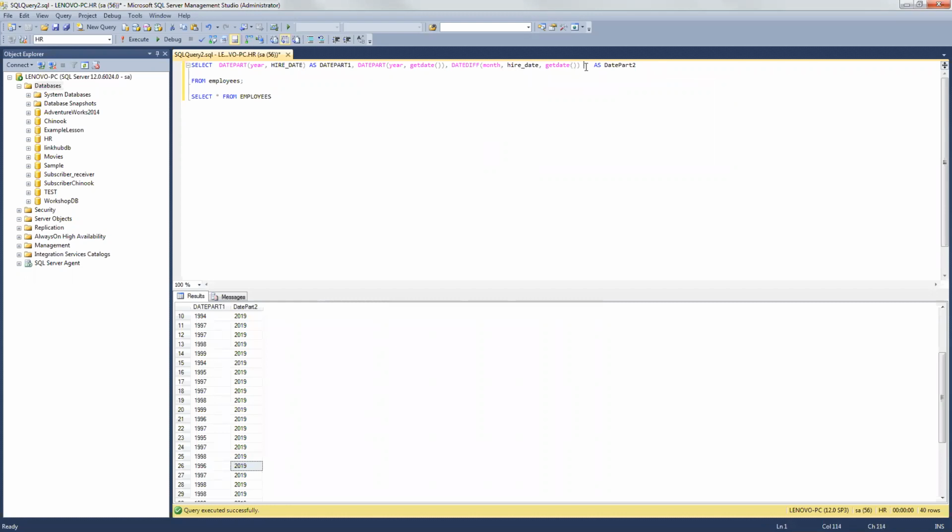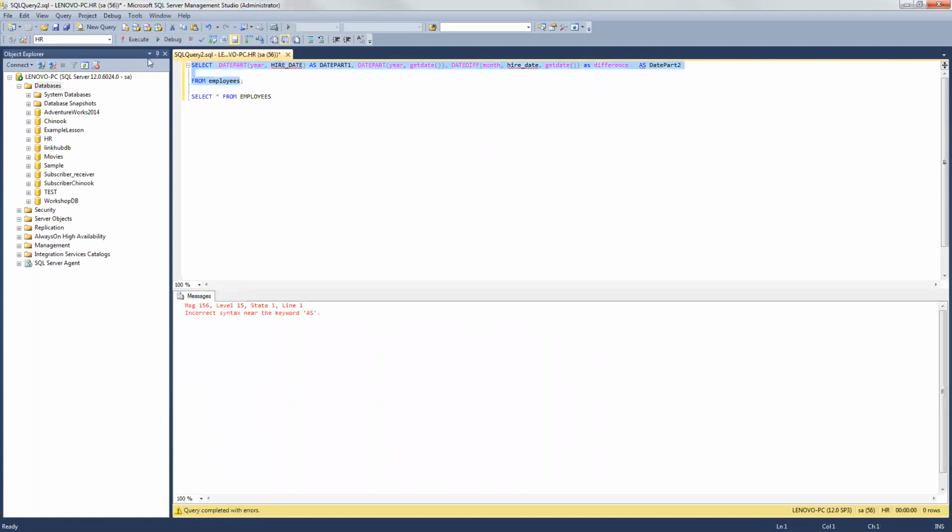I would say as, let me say as difference, because I want to name the column as difference. So if I do this now, DATEDIFF, month, hire date, GETDATE, am I getting it right here? As date difference, month, hire date, yes, and then GETDATE, as from employees. I should be able to get it from employees this way. Incorrect syntax near as, oh, sorry, I made a mistake. I'm supposed to cut this. The second one should be here as,